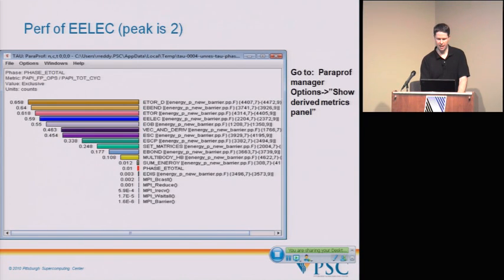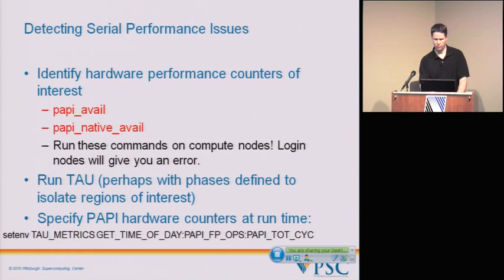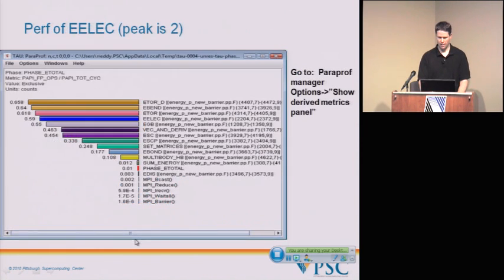So this is just an example. After we build a code like unres, we made sure to build it with a TAU makefile that had PAPI in the title. So we've got PAPI support, and then we set this TAU_METRICS variable. And then in ParaProf you can bring up a list of all the functions here in the code that you instrumented. And now instead of the time spent in each of those functions, you can see